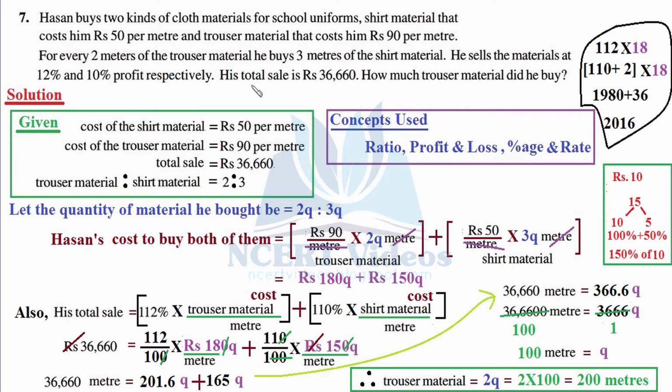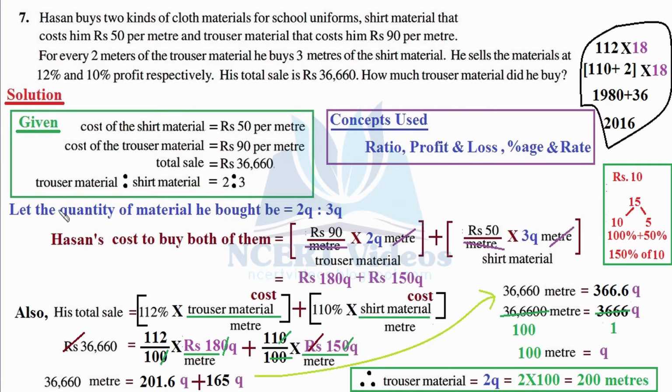That is, ultimately we are given the sale price, that is rupees 36,660. So we cannot equate our equation in terms of cost price. We have to derive all these statements and move forward to their selling price so that we can compare, because you can only compare mangoes with mangoes, apples with apples, horses with horses. With this we mean that selling price can only be compared with selling price. Again, when we form our equation, on the left hand side and right hand side, both quantities should equate to our selling price. With this idea, let's try to move forward.